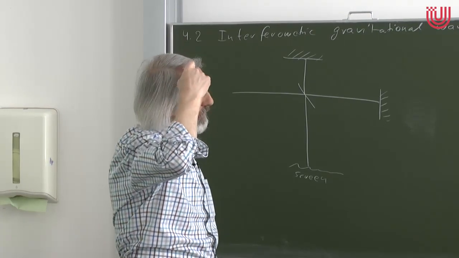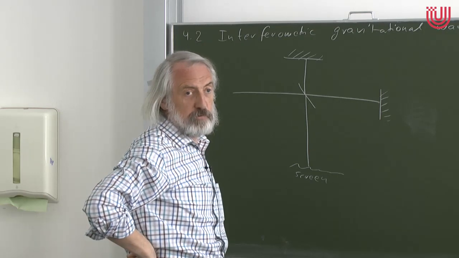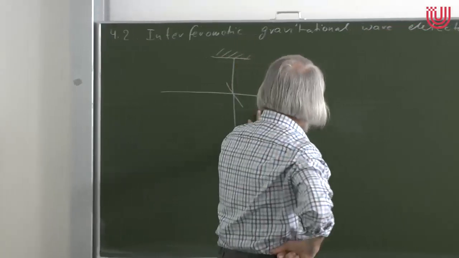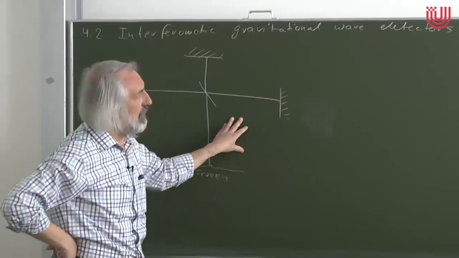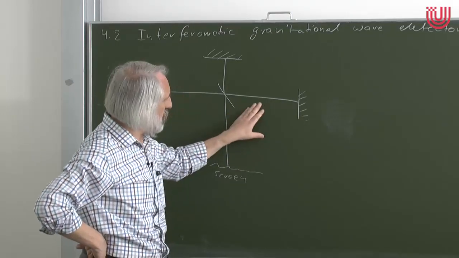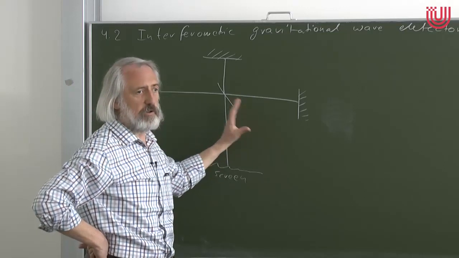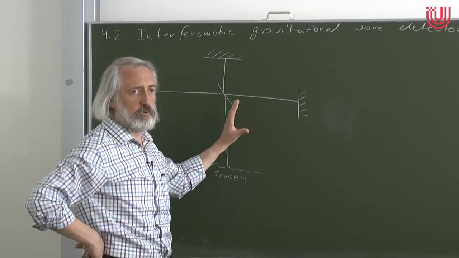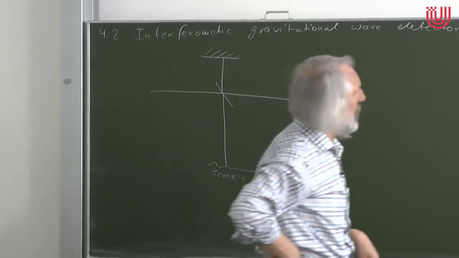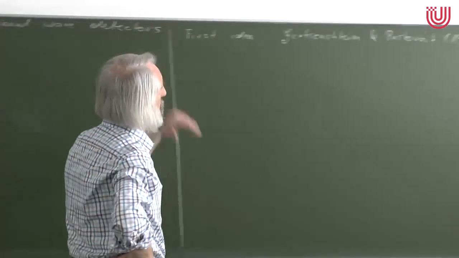In all these discussions, I've never heard the names of Gertsenshtein and Pustovoit. Actually, in my view, they would be very natural candidates because they were really the first who suggested the idea, the principle of how this should work. And the paper is very well written. It is not just a rough idea of how it could work. It's a very detailed analysis of how gravitational wave sources could be observed with this kind of detector. So it's a very good paper, and I think they really deserve to be more